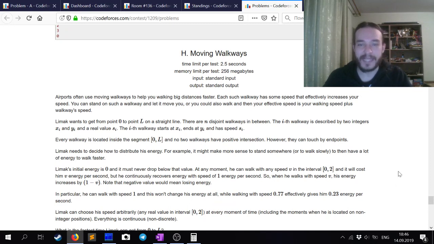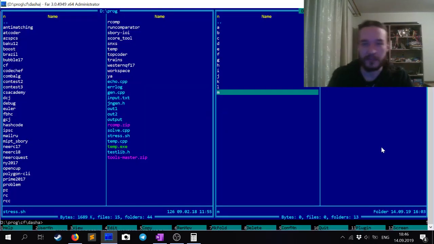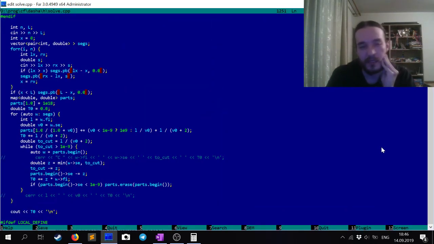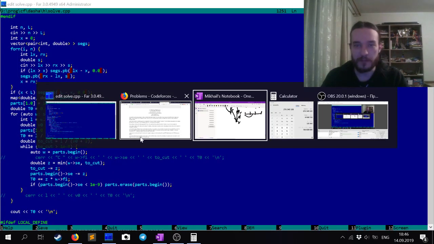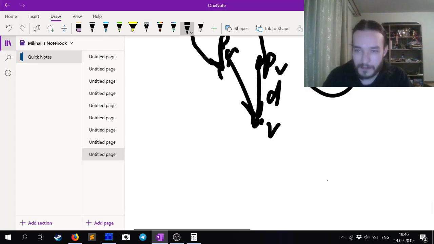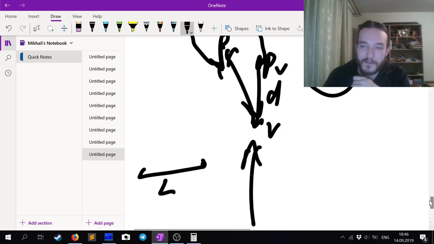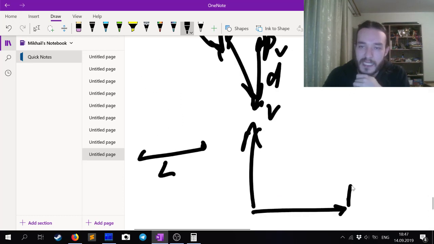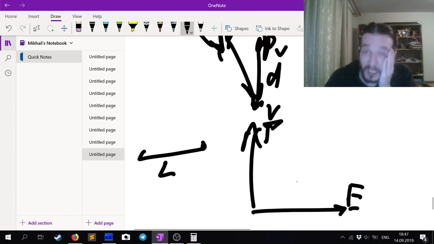So H has a lot of math, but you can see that the solution is very short. Basically, what we're going to do is pretend we're solving this with dynamic programming. And so when we've traveled some part of the way, some distance L, we want to maintain this graph of: if we have this amount of energy when we've traveled this far, what's the smallest time that we could have? And we argue that this graph is going to be